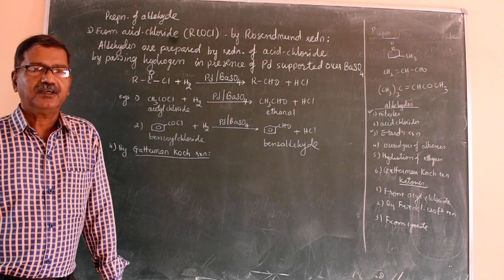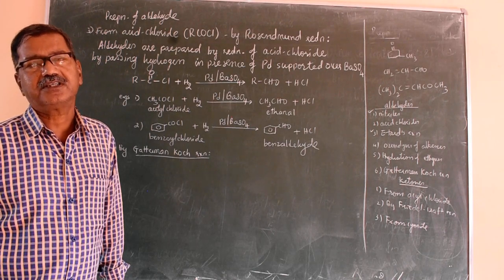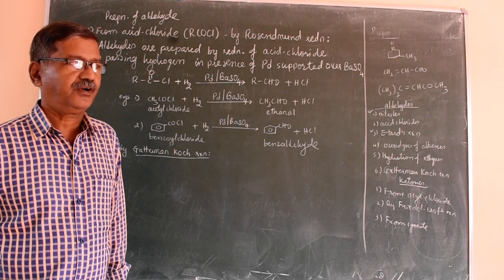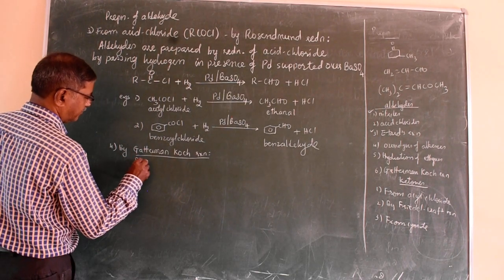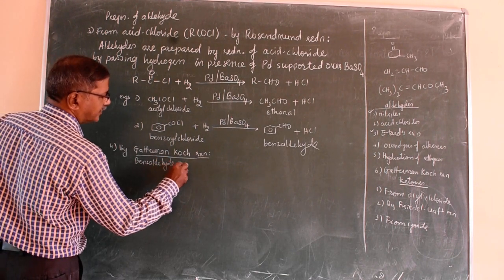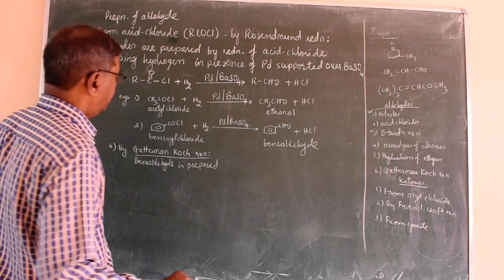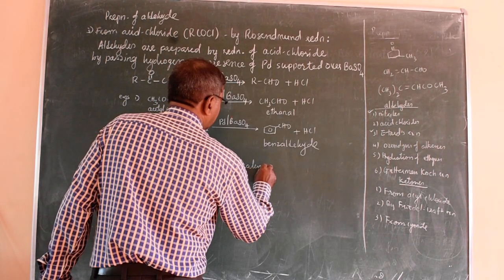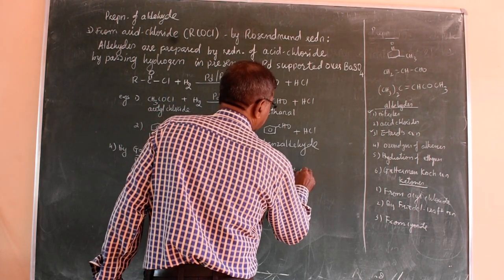In this method, benzene is treated with carbon monoxide and HCl in presence of aluminum chloride and traces of copper. The product is benzaldehyde. Benzaldehyde is prepared by treating benzene